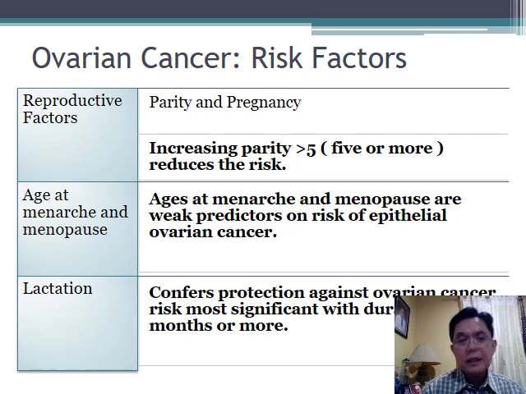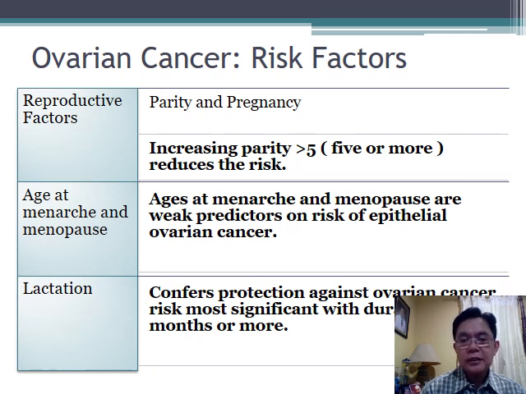If she has early menarche but also early menopause, then the duration of ovulation is lesser. Or even if she had early menarche but has had several pregnancies, that would also offer protection from developing ovarian cancer. Lactation, on the other hand,